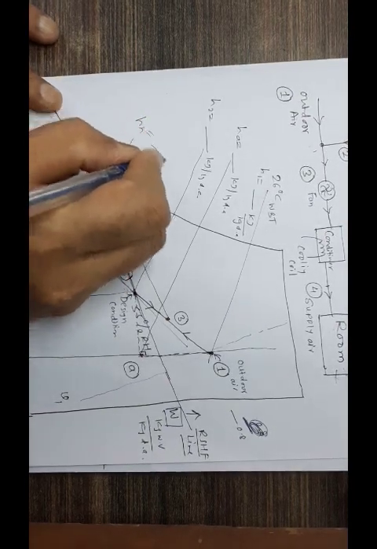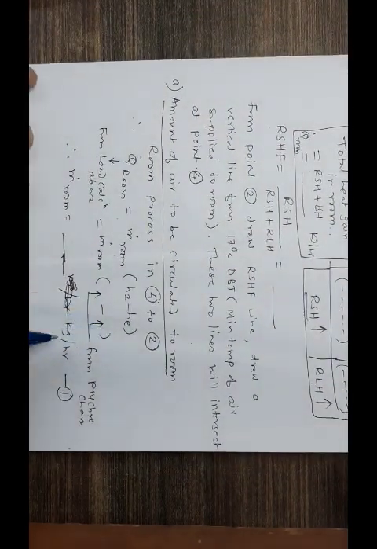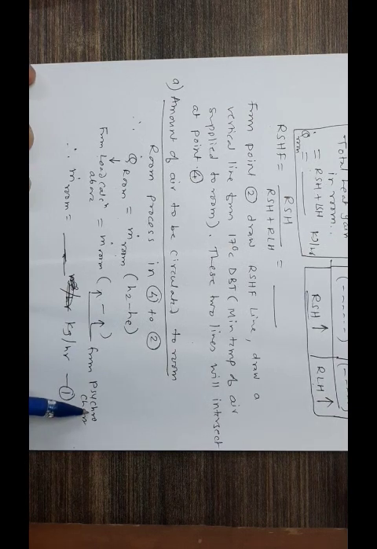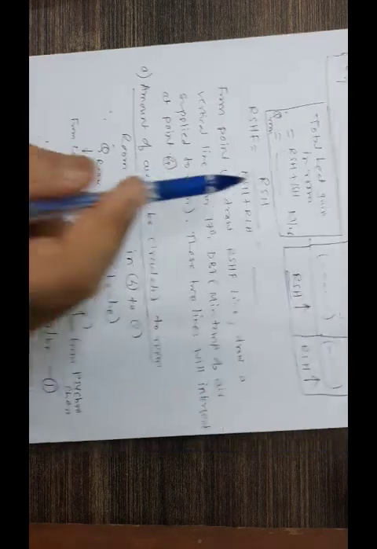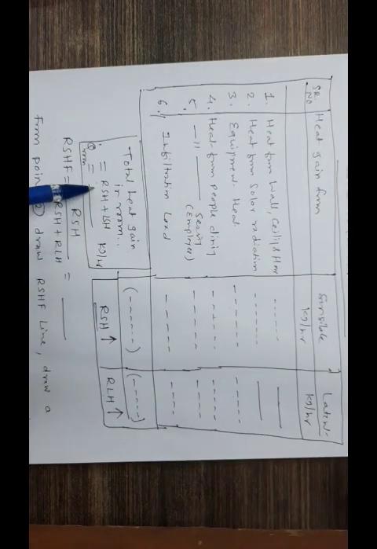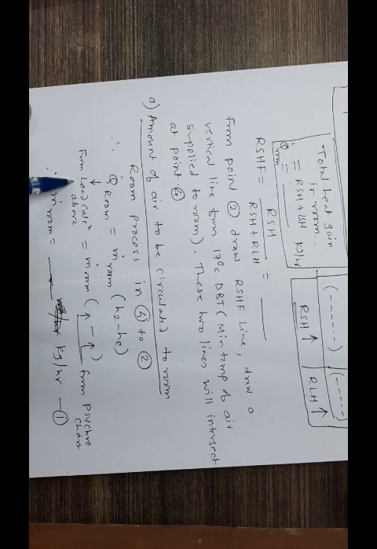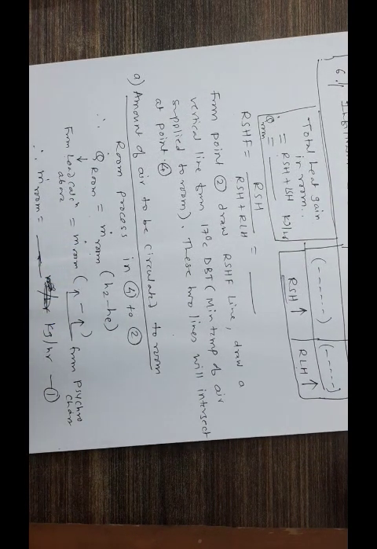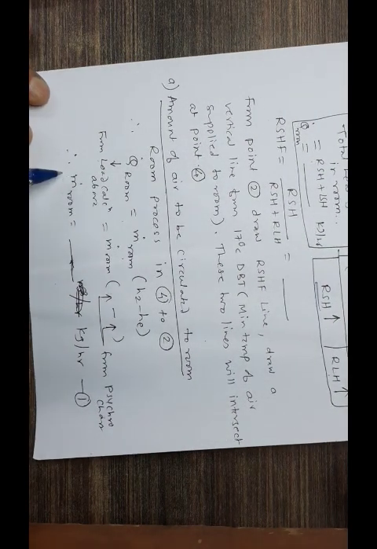Now that you know the enthalpy at this point, and you also know this point, you can know the enthalpy at this point. So enthalpies at H2 and HE can be found out from the psychrometric chart, and you know this total load has been calculated from here. You have calculated room sensible, room latent. So if you put that value inside here, that is total room load, these values are known to you. The mass flow rate from the room can be calculated. So this is the total mass flow rate.